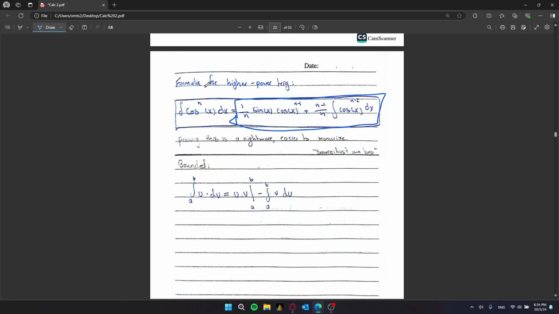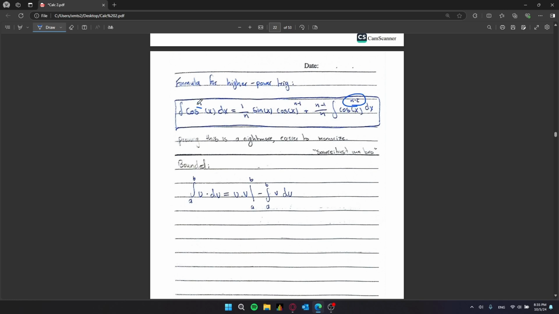But after it's been proven, it really is not that complicated once you understand why this is equal to this. It's the same concept as integration by parts. You're applying the same formula to it